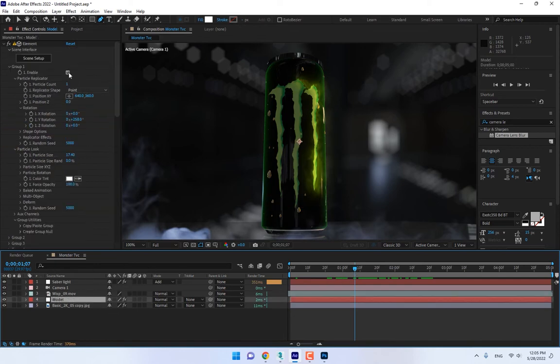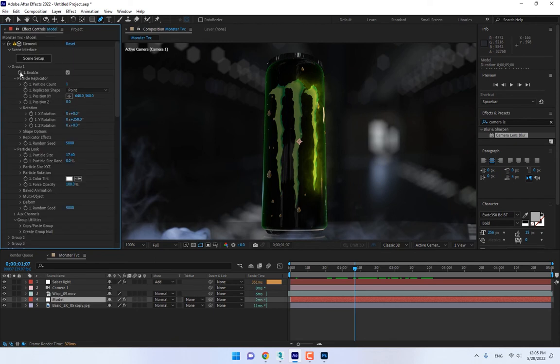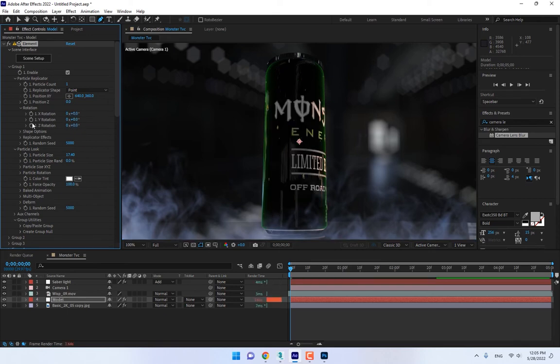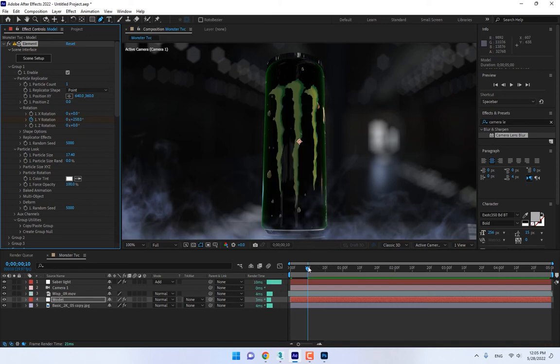And now select the model and go to group 1. There is a group 1. You can rotate from start. Look, there is 258. Change it to 0, then stopwatch, go to frame 10, 258. Press enter, and then